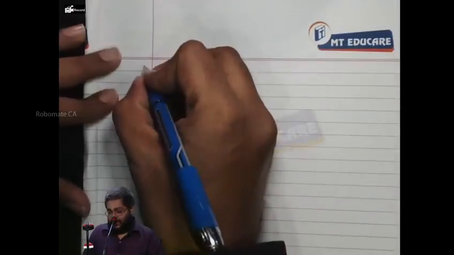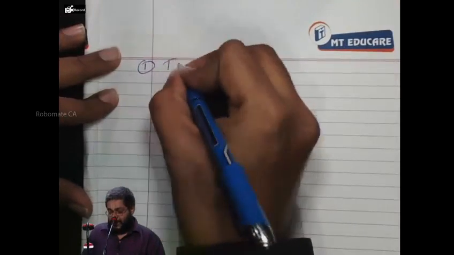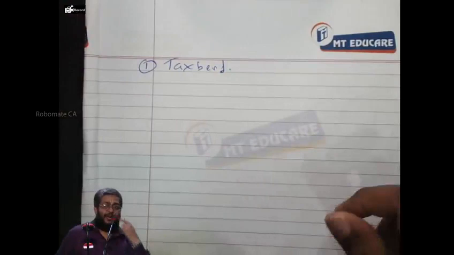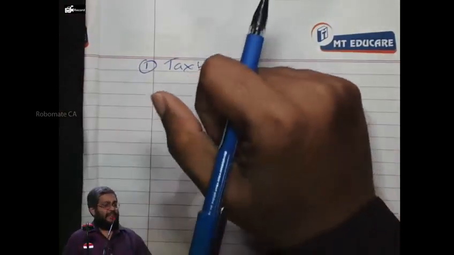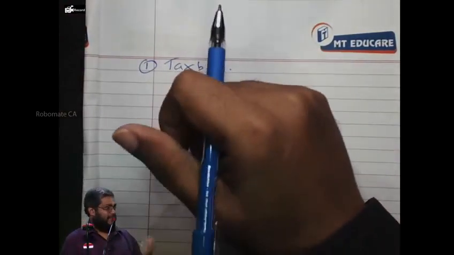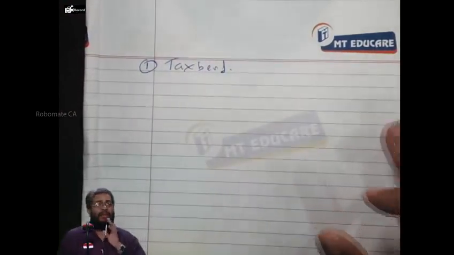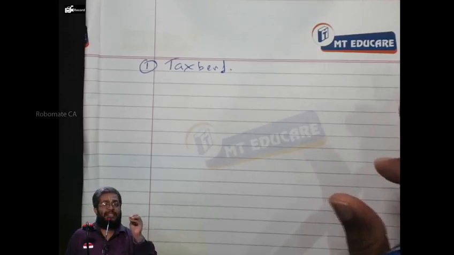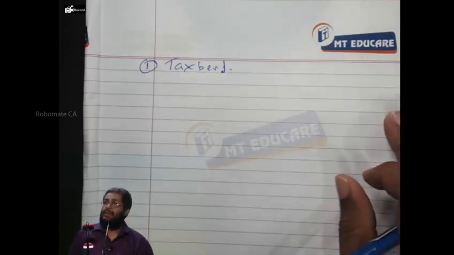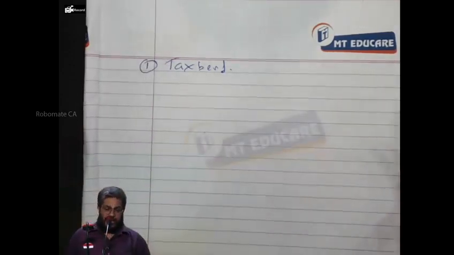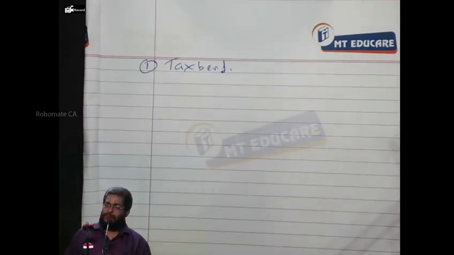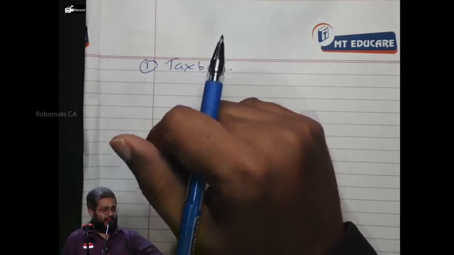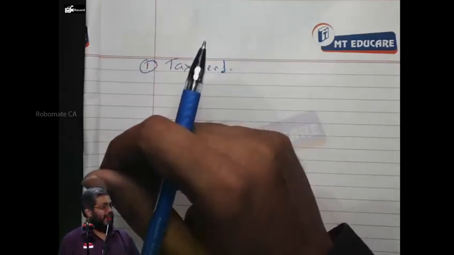Point number 1 is the tax benefit one was getting. I use the word was getting. Till recently one was getting it through the buyback route. Okay, simple. Take the Indian context itself. Company declares dividend. Should it pay tax? Yes. It should pay dividend distribution tax. On the distribution, they levy tax. So in that case, the company has to pay dividend distribution tax on the money declared as dividend.